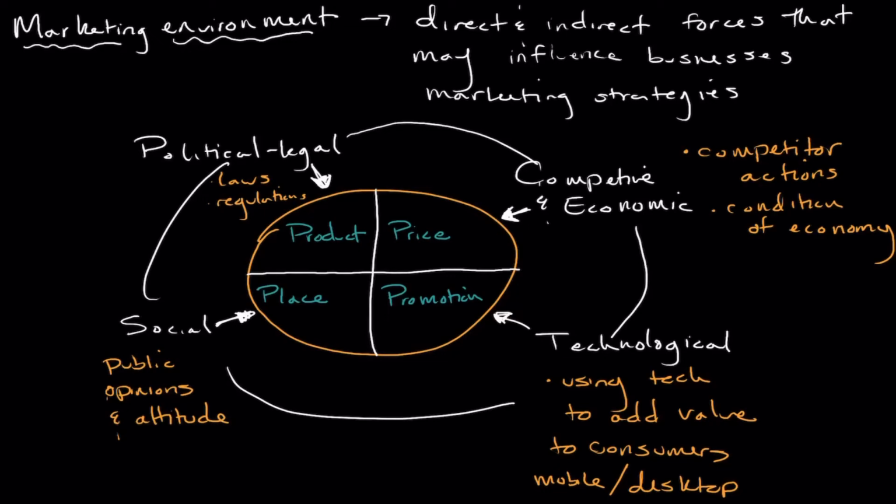And so one thing that's very topical now that you're seeing influence a lot of marketing strategies for businesses is the recent race relations, and how we've seen within the last 3 to 4 months that has become very prominent in the news, especially here in the US particularly. And you're seeing a lot of businesses now, obviously, whether it's choosing to donate a portion of their profits to certain charitable organizations that serve minority groups, or taking, you've seen the NFL and the NBA obviously take more of a